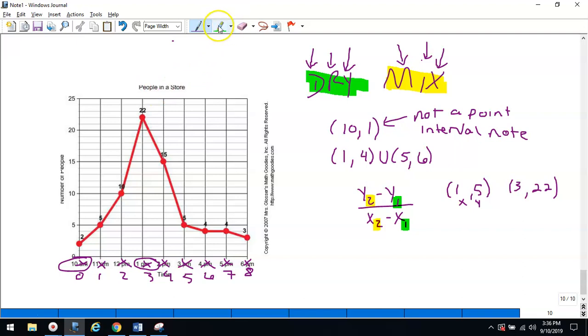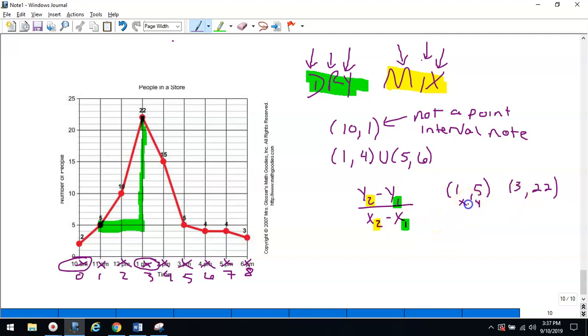And you can view it on the graph. If you don't want to do the formula, you can simply look at what's happening on the graph. Remember, it's the rise over the run. So my run is 2 hours, and my rise goes from 5 people to 22 people, right? So if we use the formula,